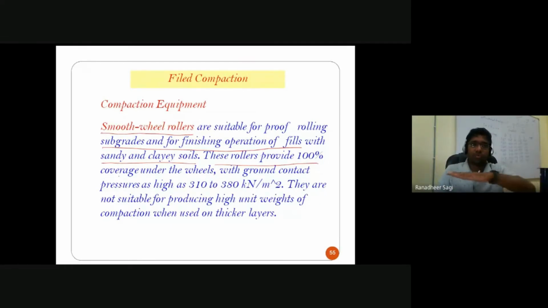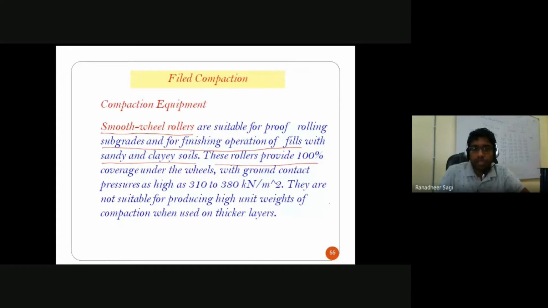Because the roller is rolled over the surface of the ground, you will not have any chance of missing some area where the compaction is not properly done because the roller could not be taken through that region. No such issues are encountered, because the roller drum is spread over a relatively longer width. So if the roller is rolling over that surface, you can ensure that 100% of the area is covered under the rotating drum, so that your compaction can be achieved.